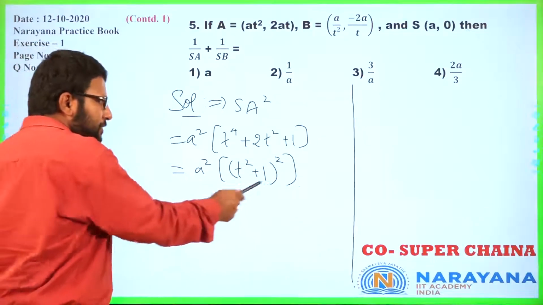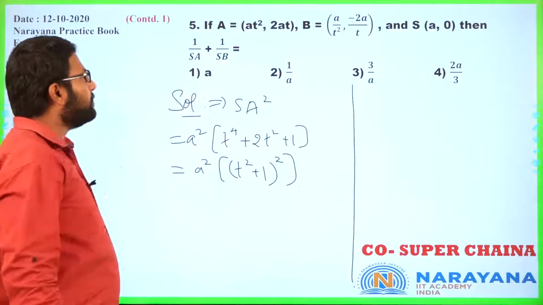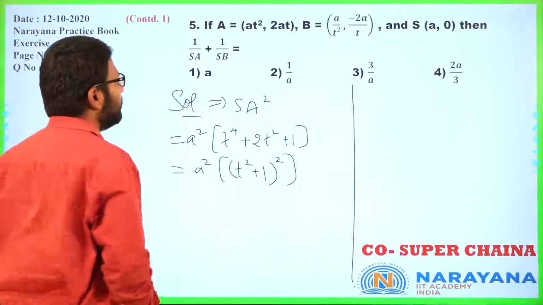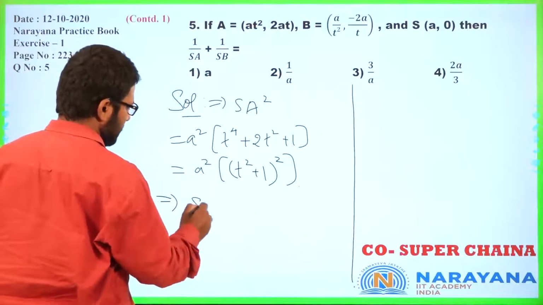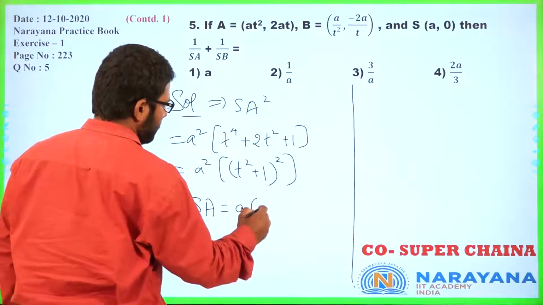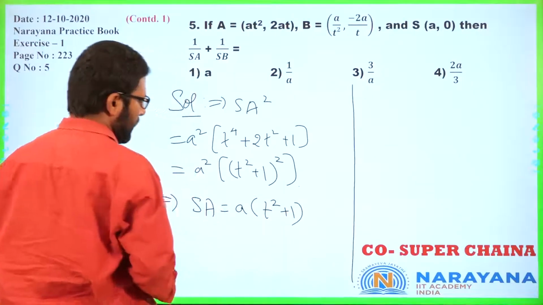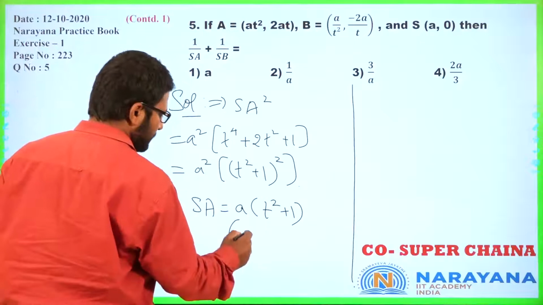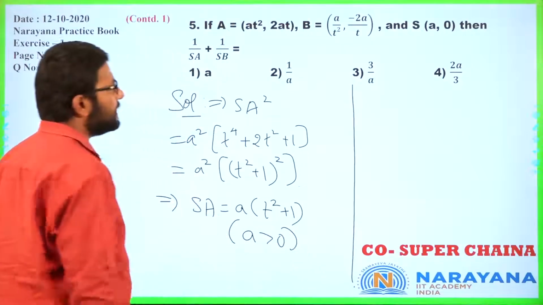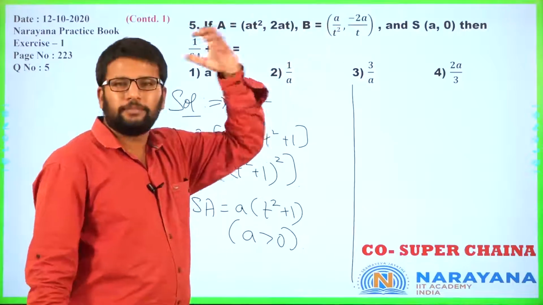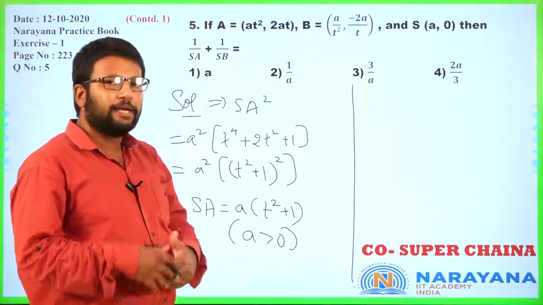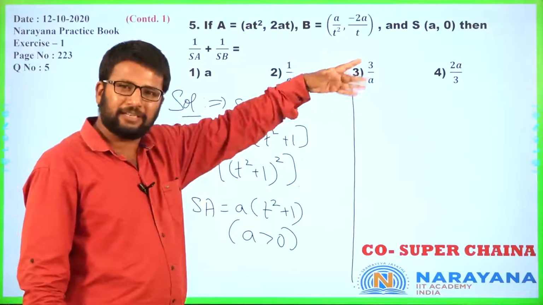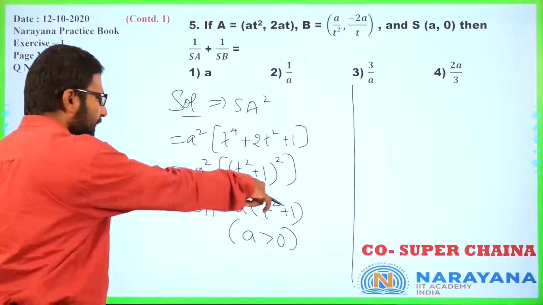Now do you realize this RHS is also perfect square, LHS is also perfect square. Also SA is a distance, which means SA cannot be negative, which means we will just take positive values, right? Which means SA is equal to a into (t² + 1), that's it. I am just ignoring all those squares. Of course here we are assuming that a is greater than 0, which is not exactly given in the question. Technically it should be given in the question that a is positive. But keep in mind that they are both distances and look at all the options. All the options have only a, which means it is understood that a is positive. So SA is a into (t² + 1).